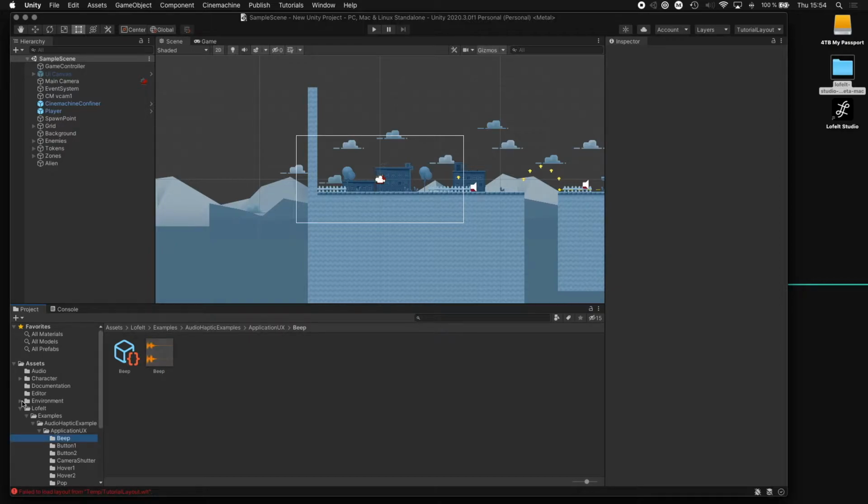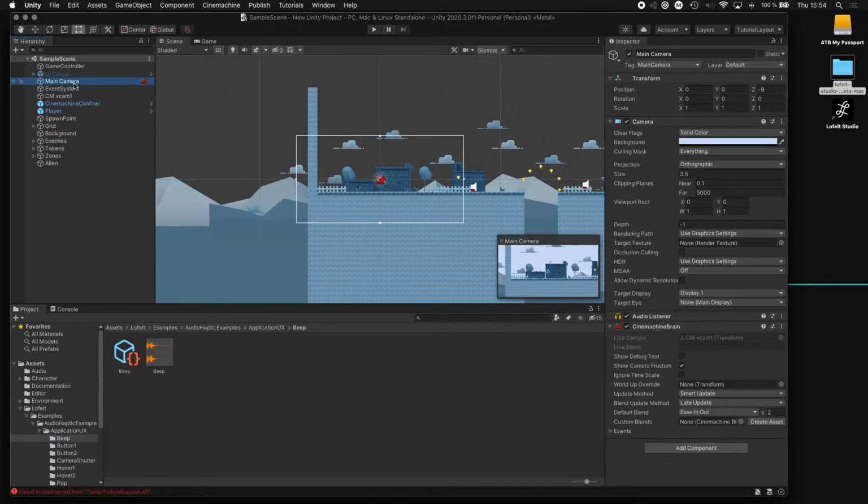Now, just a quick overview of how we implement haptics with the Unity plugin and its similarities to how Unity already handles audio in the game. So if you take a look at the main camera and take a look at the inspector on the right here, you can see a number of components that are attached to the main camera, and one is called Audio Listener. Now the point of this is it's like a virtual microphone that is sitting basically from the camera's perspective,